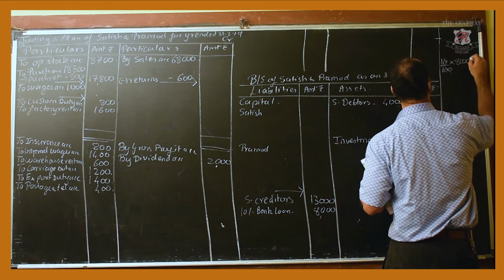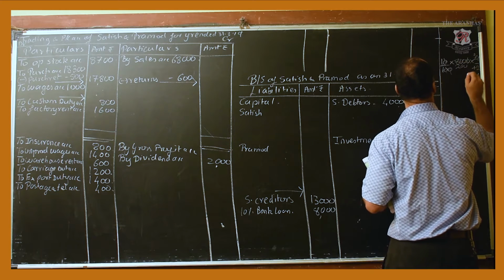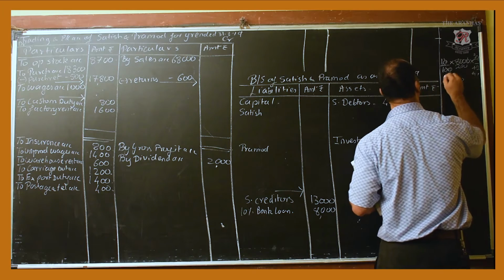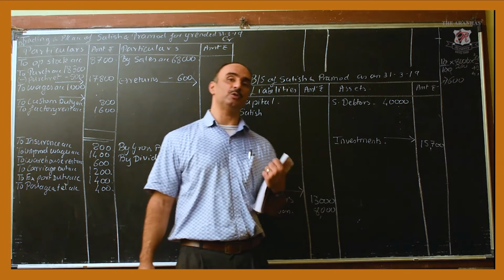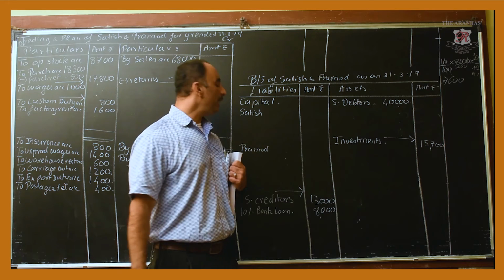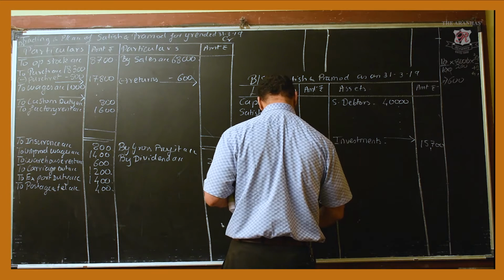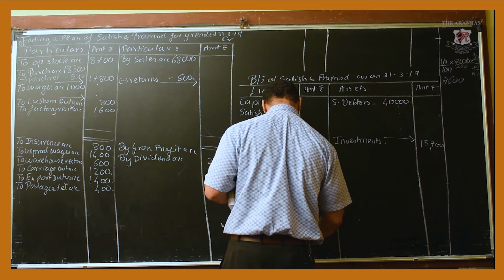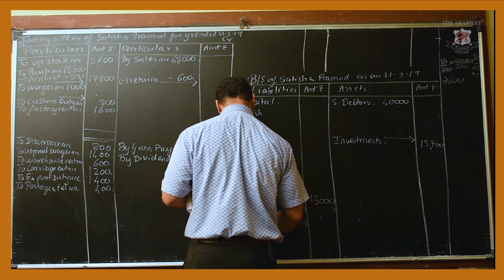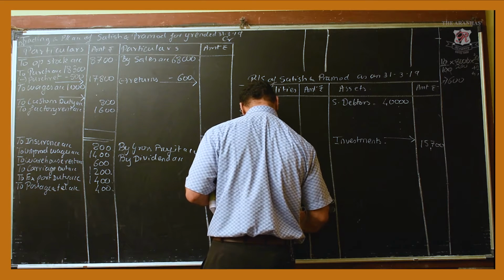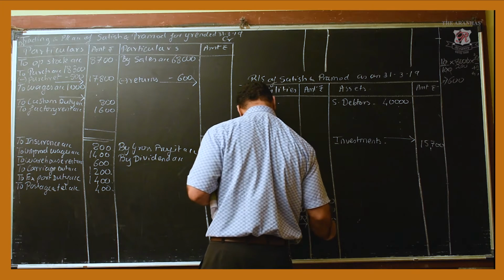So how much do I get? 3 3s are 9, 3 4s are 12, 4 2s are 8, 0, 0, 3 2s are 600 rupees. So I get the interest as 600 rupees that I have to still pay, which I haven't paid. So let us pay that interest. Oops, I put it outside. What we do is we put this 8,000 in the inner column. Sorry, I put it outside, we will put it inside. Plus outstanding interest 600. So the value becomes 8,600 in the outer column.